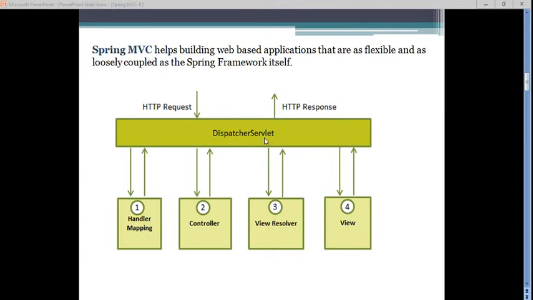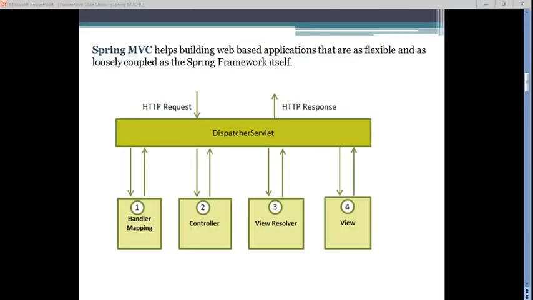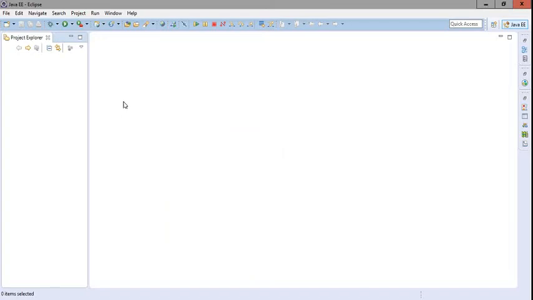Now first I will create an environment using the Eclipse IDE, so that you can configure the Eclipse IDE to create your MVC projects. While configuring the IDE, I prefer to use Maven for creating your web project. The major benefit of Maven is that if you are going to use the Spring framework for creating your MVC application, a lot of jar files are required. And the current version of Spring is 4.2.5 release.